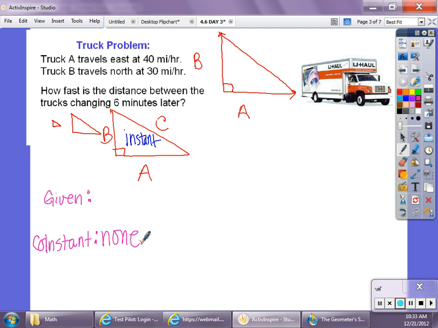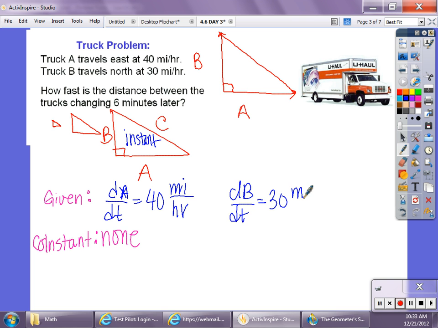All right. So your given information were those two, which were truck A. That's a rate because it says miles per hour. So I want to do 40 miles per hour. The other given was dB/dt, and that was 30 miles per hour. So my givens, my constants, there were none. Next information I was supposed to do is my instant. I want to answer the question instantly when the time was 6 minutes. I'm going to even put that in my picture. All right. My question, which I'll squeeze up here,